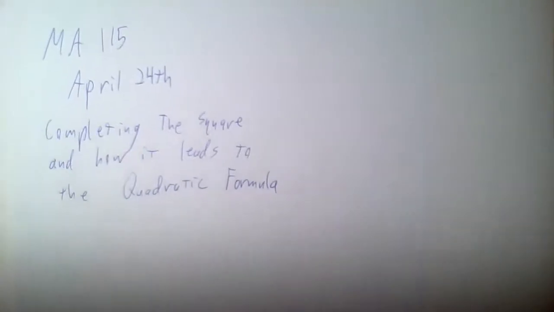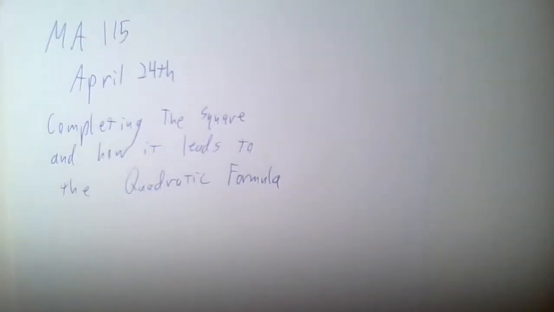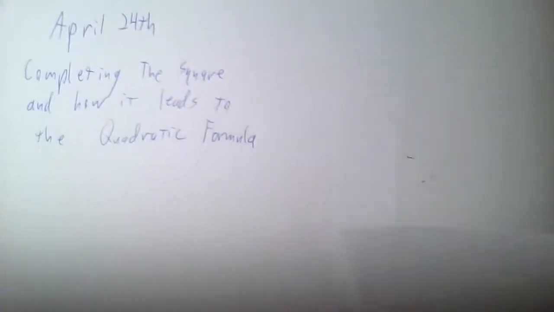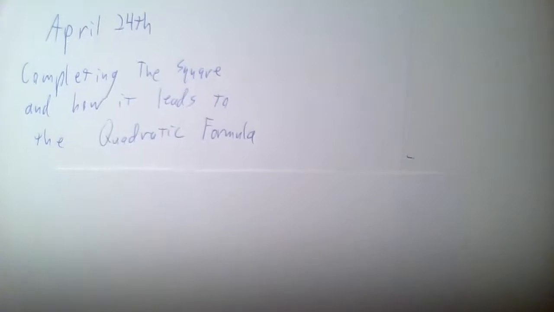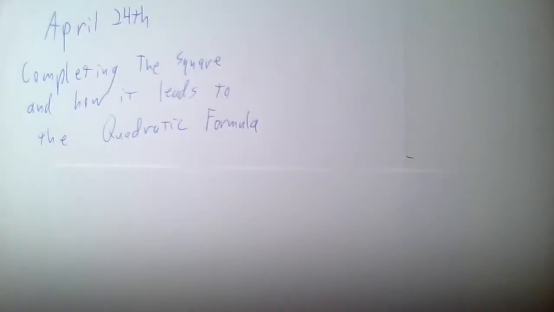So topics for the day here. Completing the square is what this process is called, of getting that perfect square form that we like to have. And I want you to see the process, but we're actually going to be able to use this formula to bypass this process. That's the big news. And so the textbook kind of skips over this section of it. I think it would have been nice to have it in the book, but I want you to see where it comes from. But then we're going to see how the formula can actually skip a bunch of these steps